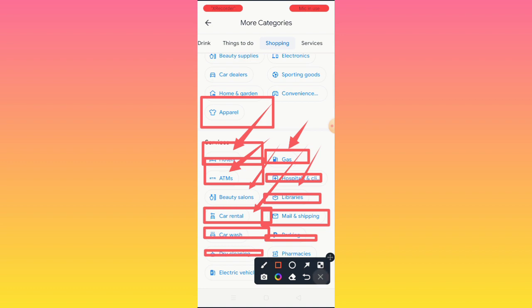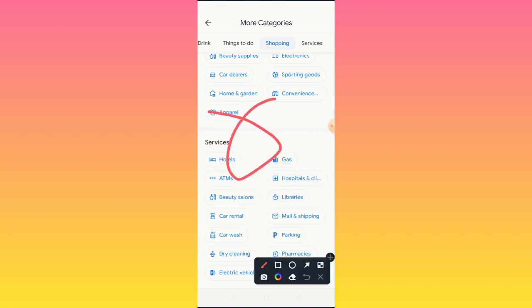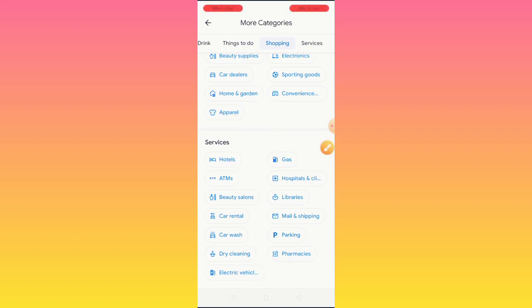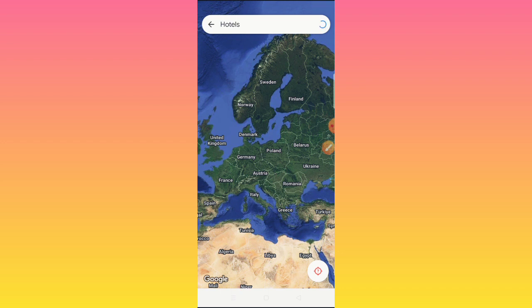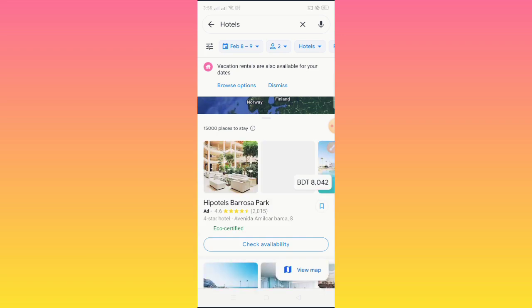And now I want to show you how you can find it. Just click hotel, then you will find the hotels in your nearest area. You can see the